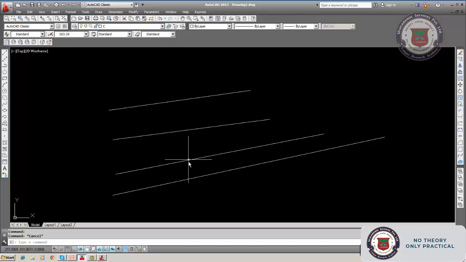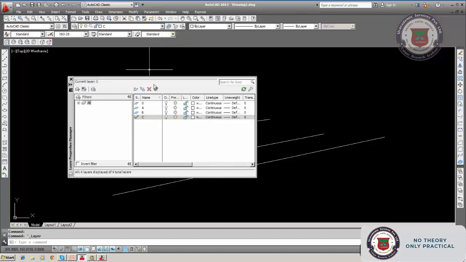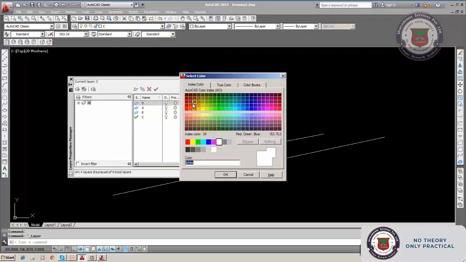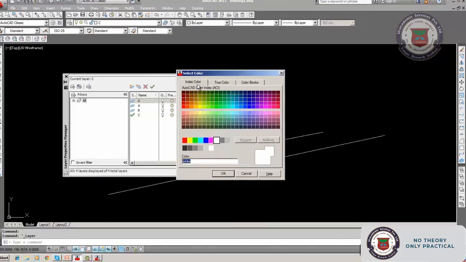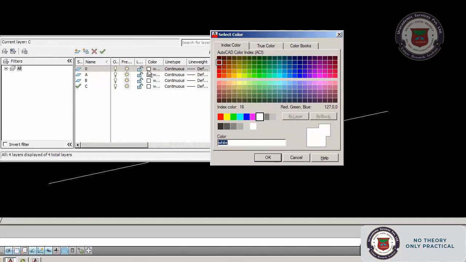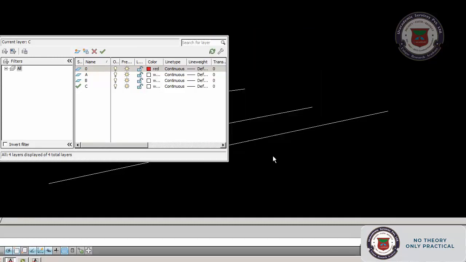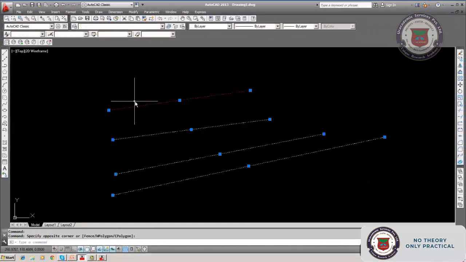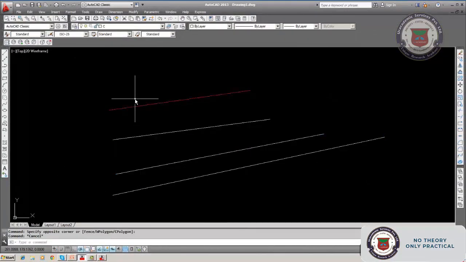So this is how we can work with the layers. We've done the layers. Now we'll know some more properties I was telling you, and the color. You can change the color of a layer. Suppose I want to change the color. You have to come to the color table, and you click on this. You will be able to select the color. White is selected. Red you can select. Click it. You will be able to see the layer has converted into a red layer.